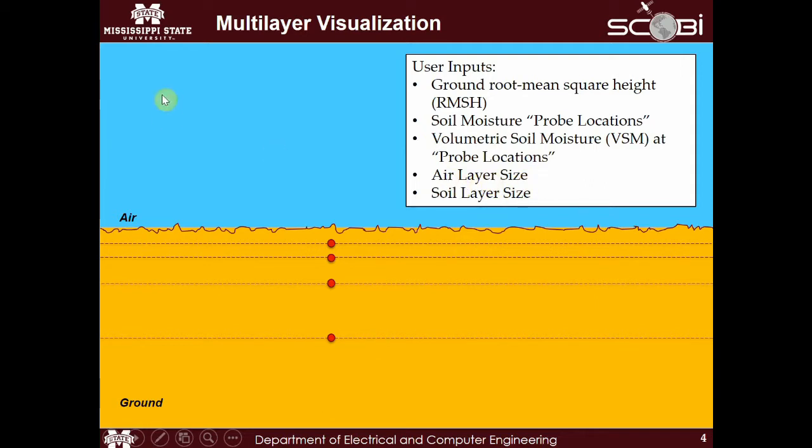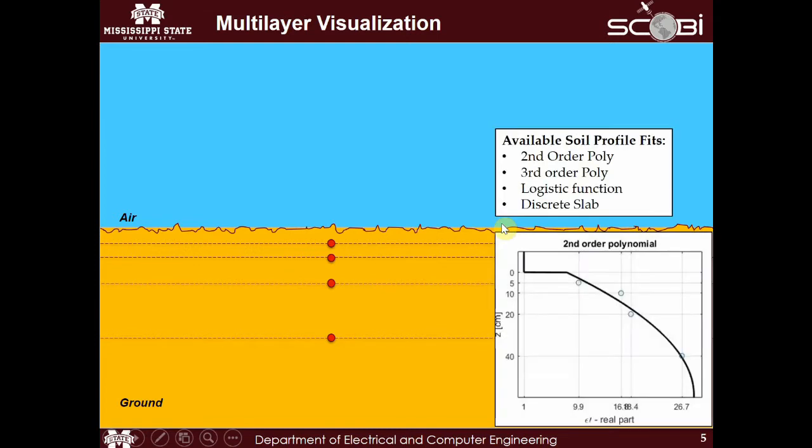Next up, you're going to have your air layer size, which is this in blue, and the soil layer size, or really the bottom soil layer size. I'll get into that in just a moment to try to make sense of that. So SCoBi has a few different ways to interpret the multi-layer problem. Off the top here, we have a second order polynomial fit, a third order polynomial fit, and a logistic function fit. I'll talk about the discrete slab in just a moment, but to get an idea of the polynomial and logistic function fits, at each of these four values, we're going to have known